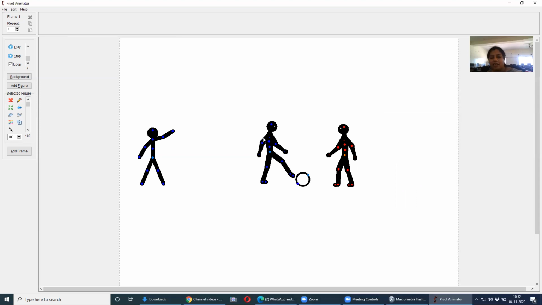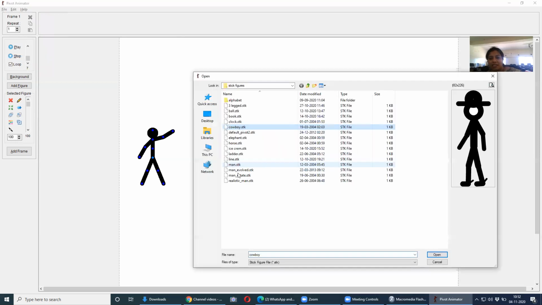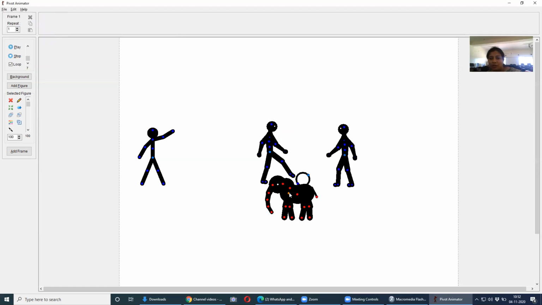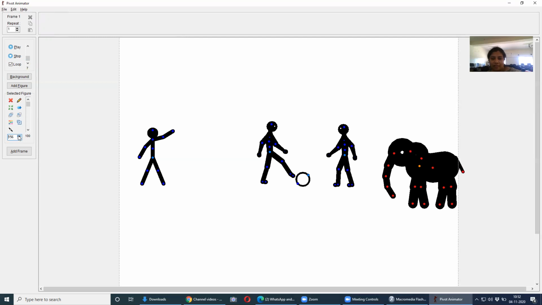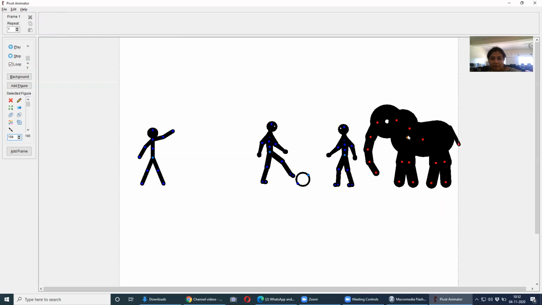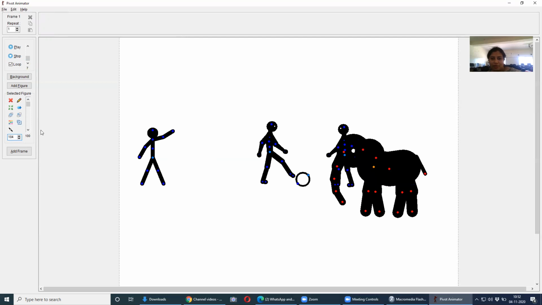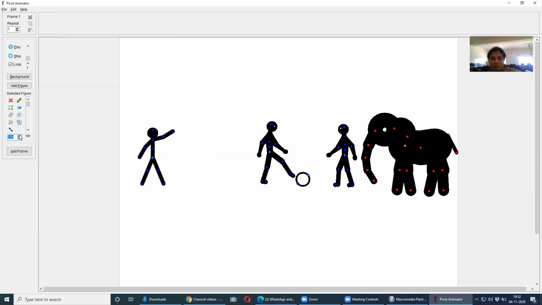Yes. This way I can add a figure, and then if I want to add any new figure, I have to go to load figure type. From there, I have to select anything and click on open. I'll take the elephant also. Click on open, and the elephant is also ready. I can increase the elephant size also. You know it, right? From this size increaser, I'll see how big my elephant is becoming. Elephants are generally big. I'll increase it more.